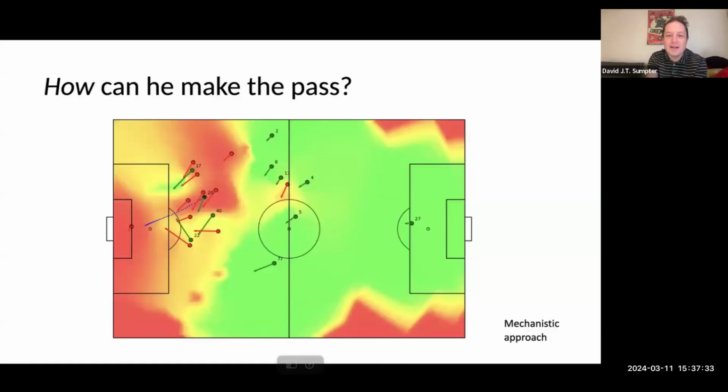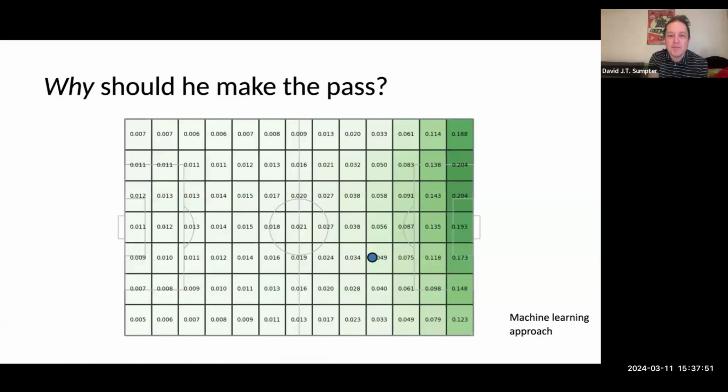And we can calculate those types of things. I mentioned this before: we build a model to look at the ball dynamics, what's a possible pass and what's not a possible pass. And we found that the pass to 17 was an open possible pass, while the pass that was actually made to 22 was much less likely to happen.